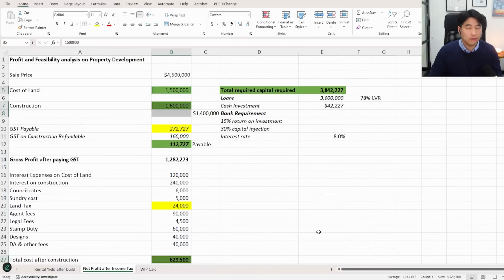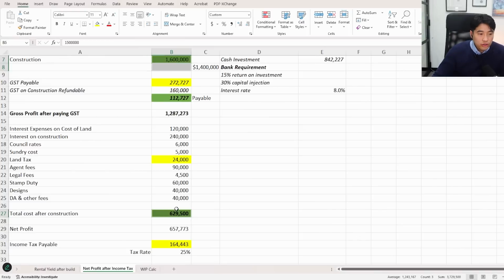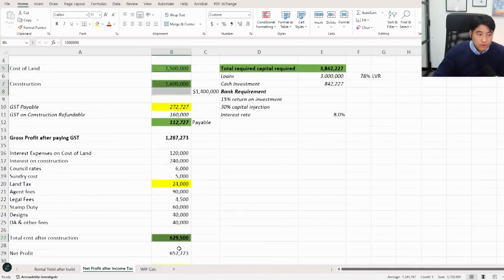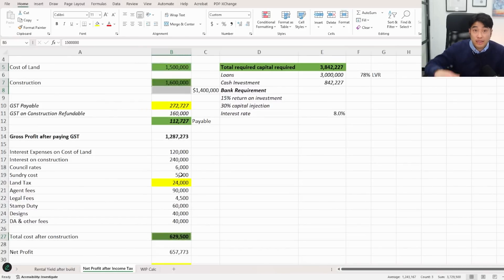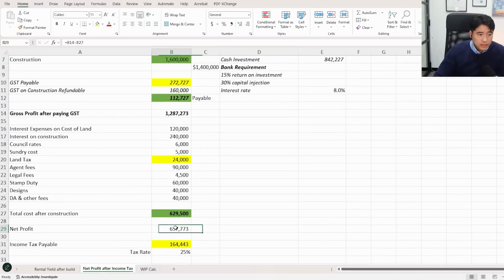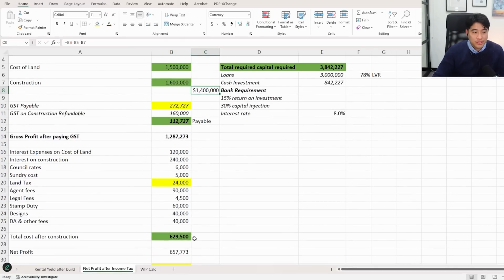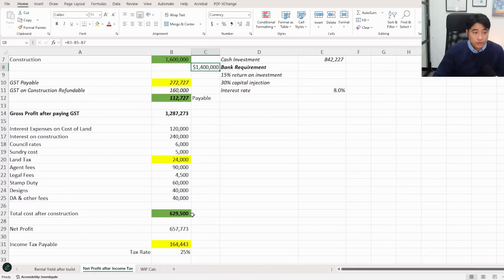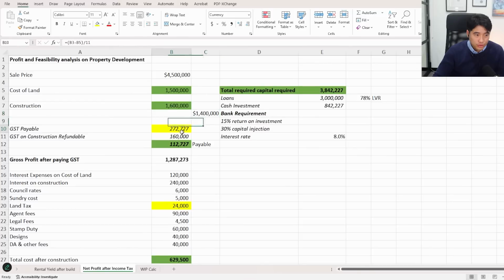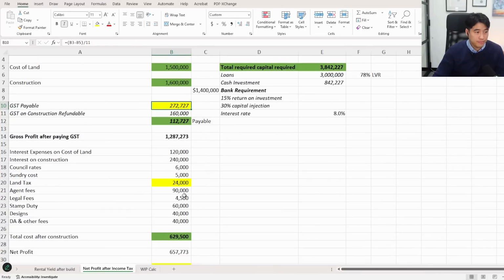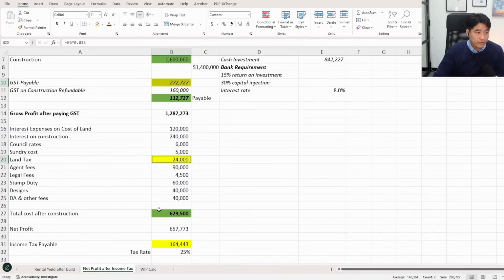And first-time property developers do not know that they're going to pay all these extra costs as well, because they think that they can pay the interest at the end of the job or whatever, but they have to pay during the year. And so as a result, your net profit is only 657,000 as opposed to 1.4 mil. Yeah, so it's gone down significantly. And so what generally happens is they do this build, they pay for these extra costs, they forget about GST, they forget about land tax, and they forget about income tax.